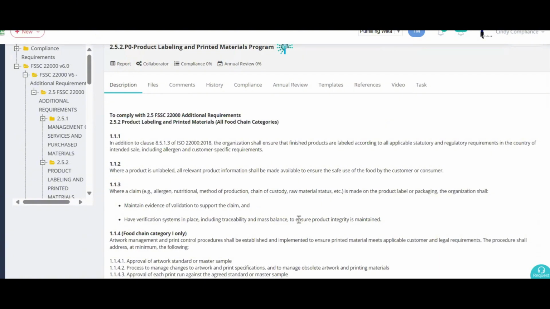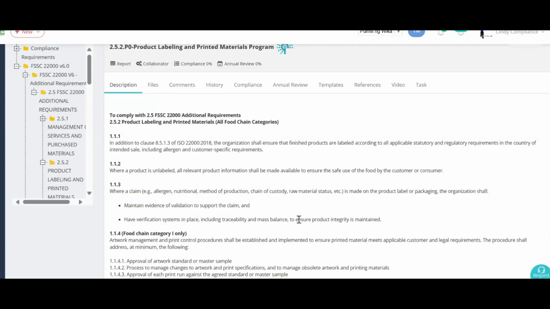It says, to comply with 2.5 FSSC 22000 additional requirements, 2.5.2 product labeling and printed materials for all food chain categories. 1.1.1 says, in addition to Clause 8.5.1.3 of ISO 22000:2018, the organization shall ensure that finished products are labeled according to all applicable statutory and regulatory requirements in the country of intended sale, including allergen and customer-specific requirements.